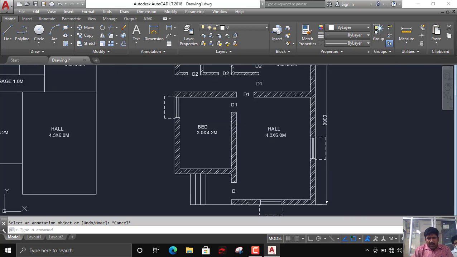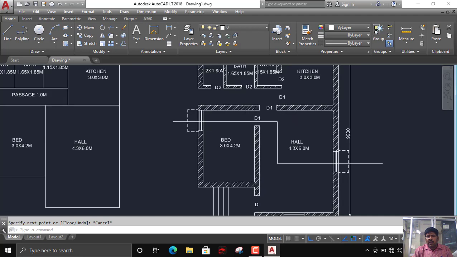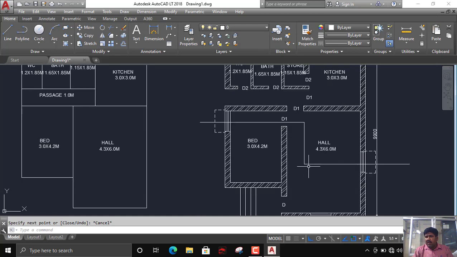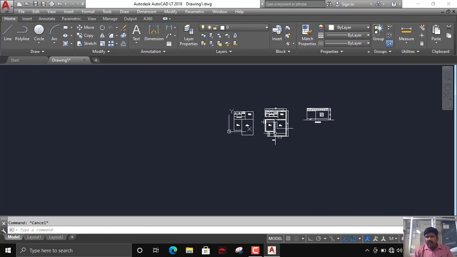Where the cross section is cutting, it may cut like this, right? So next I have like this, next I have like this. This is my cutting section, the cross section of your plan. I have to cut accordingly. Here a window is cutting, here it is cutting the door, then here again it is cutting a window, right? What I will do, I will keep it aside like this.